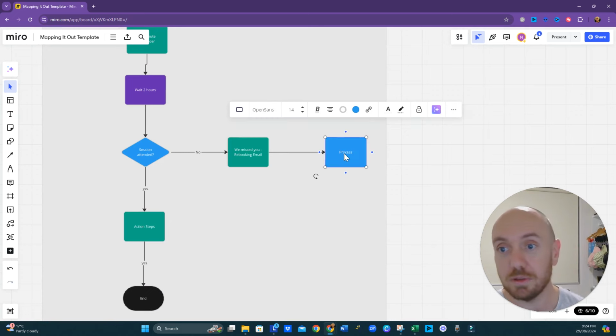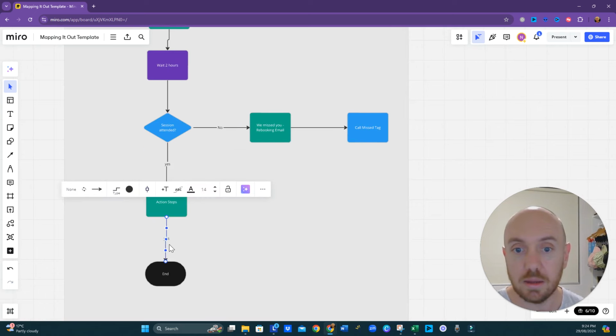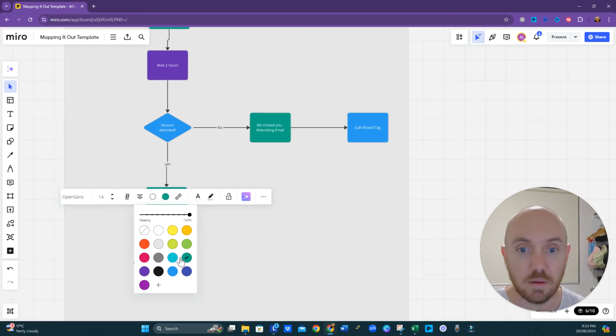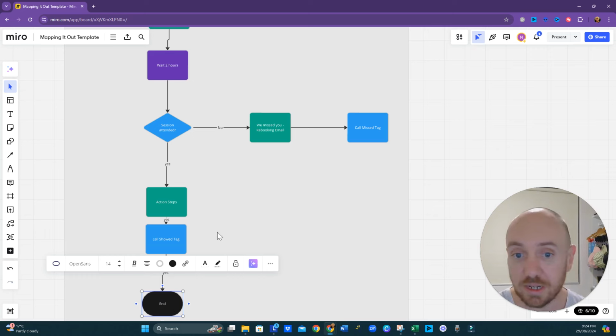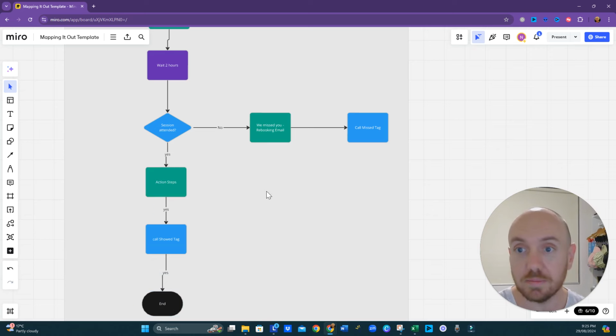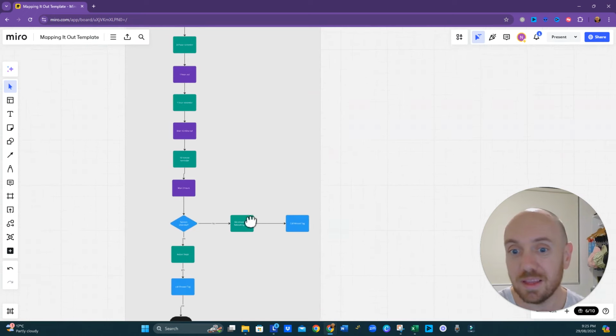And these are incredibly useful for tracking. Call missed tag. And we'll do that as call showed tag. So now we can differentiate between someone that's, say, here in the workflow, as opposed to someone